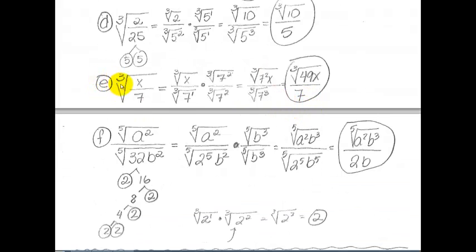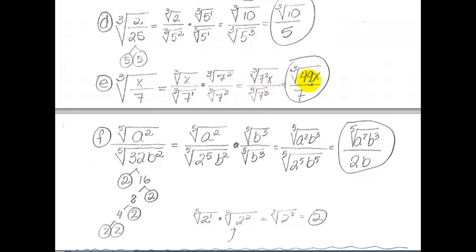E again is a cube root. So first of all, I split the radicals as top and bottom. I notice that I have 7 to the first. I would like this guy to be a 3. So how many more do I need? I need 2. So that's what I'm going to multiply top and bottom by, because on the bottom now it makes cube root of 7 to the third, and then the 7 can come out. On the bottom I get 7 squared and a cube root of x multiplied together gives me 7 squared x,